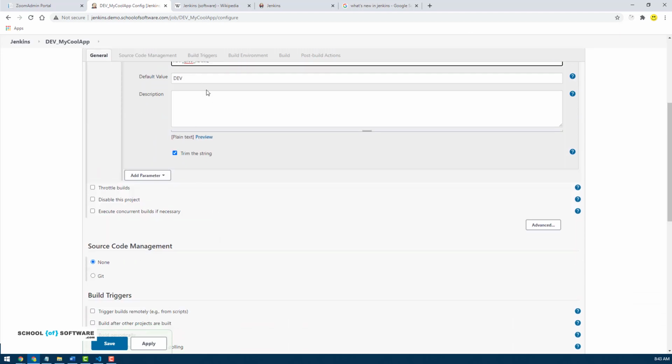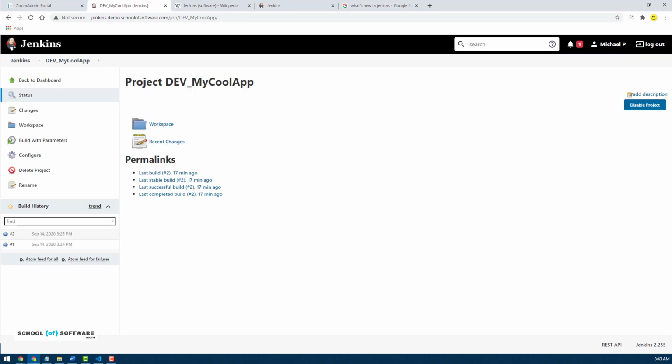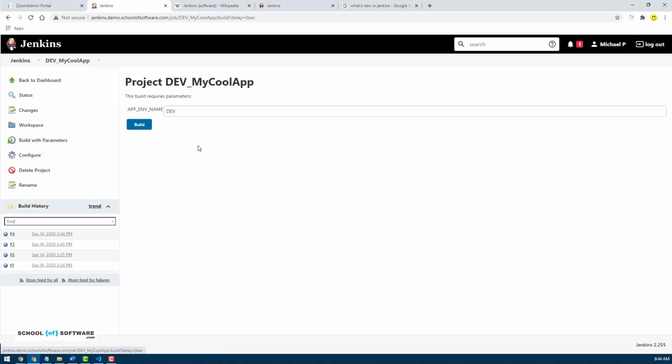And then to use this parameter inside your build script, it's just like the built-in commands. You can just do $ sign and curly brackets and give your parameter name, and this will basically use the value that you've entered. Let's see if this will work. Actually, I did have to change this to double quotes for shell script to work. So if I save this now again and run this,